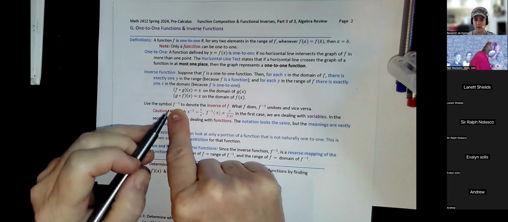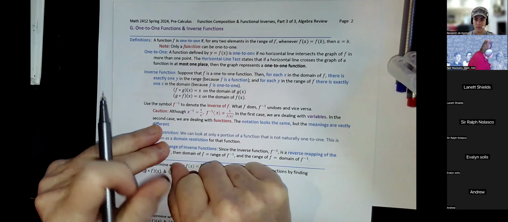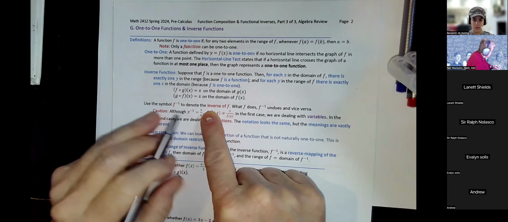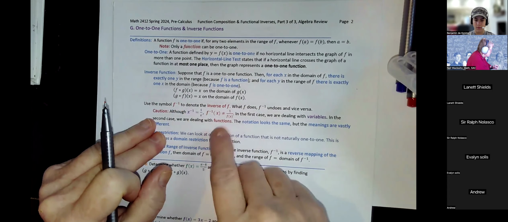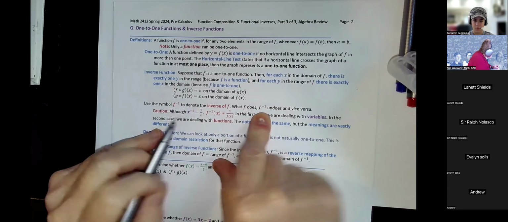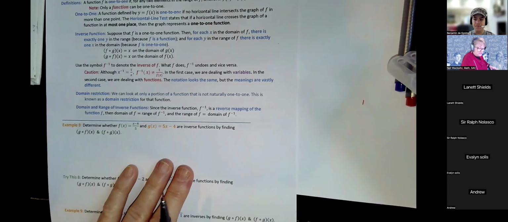So this little symbol looks like an exponent of -1. This is not an exponent. This is a symbol that we read as the inverse of f, or f inverse. So with numbers and functions, yeah. So if we had